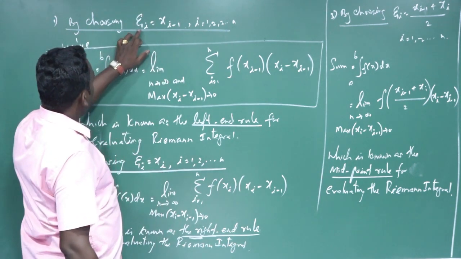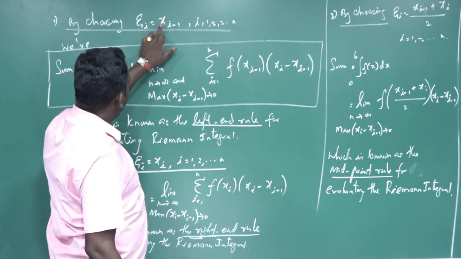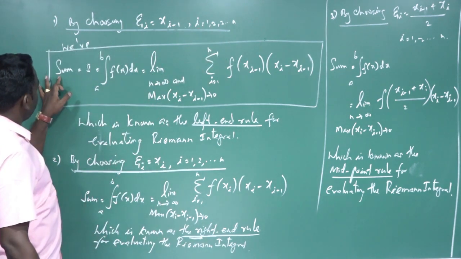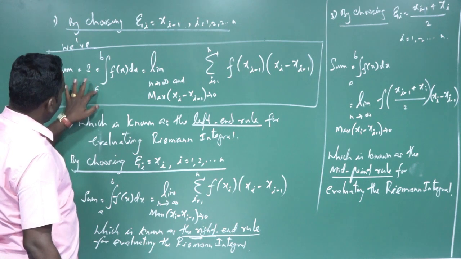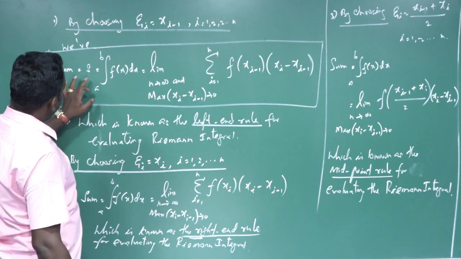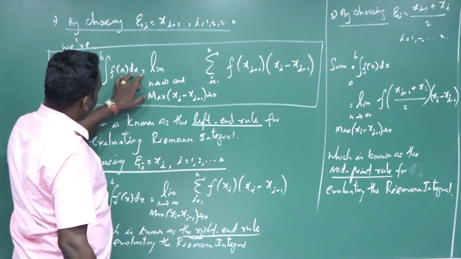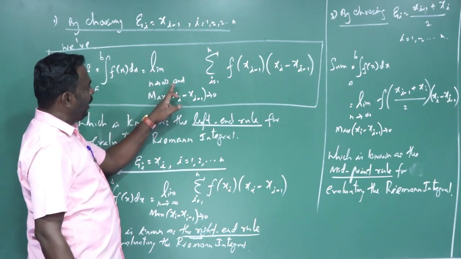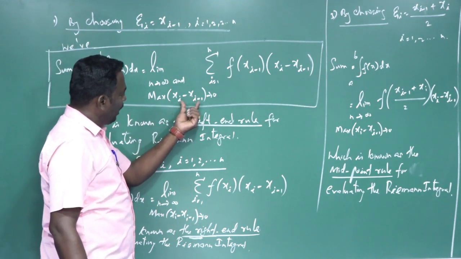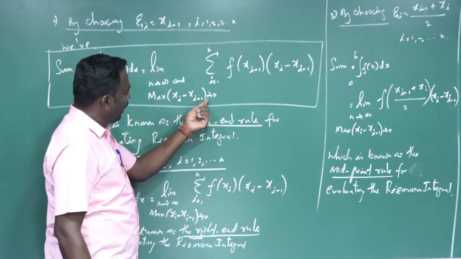By choosing epsilon i equal to xi minus 1, with i taking values 1 to n, the summation S equals the integral from a to b of f of x dx. This is called the definite integral. The integral from a to b of f of x dx equals the limit as n tends to infinity, with the maximum width xi minus xi-1 tending to 0, of